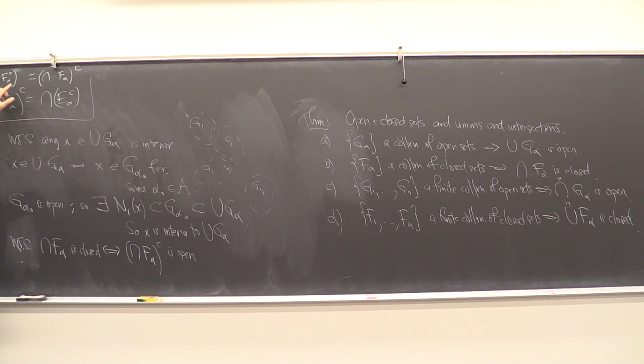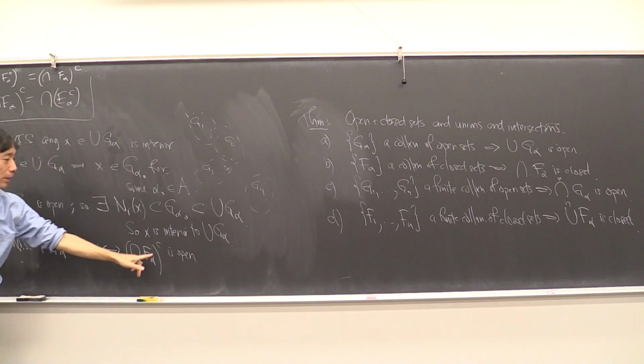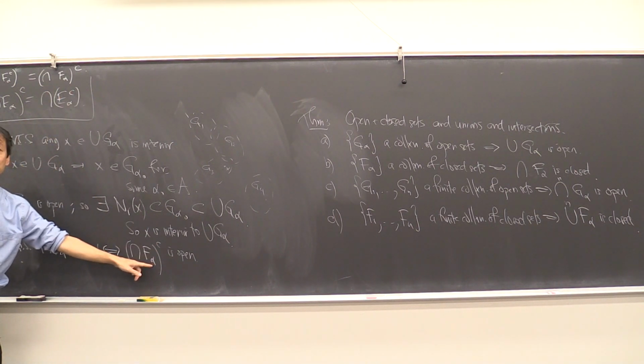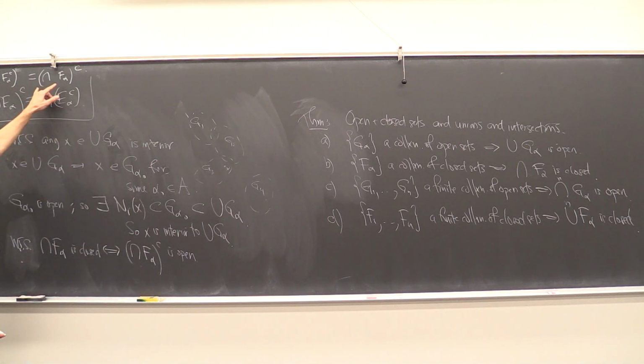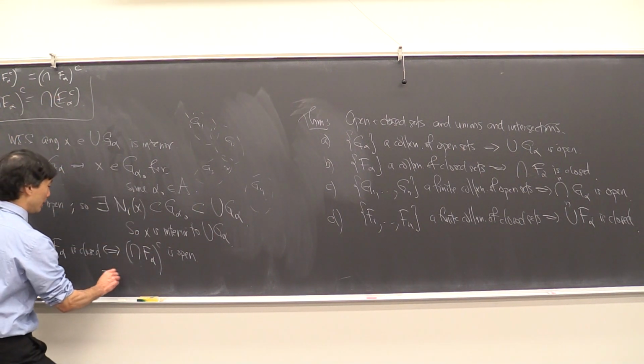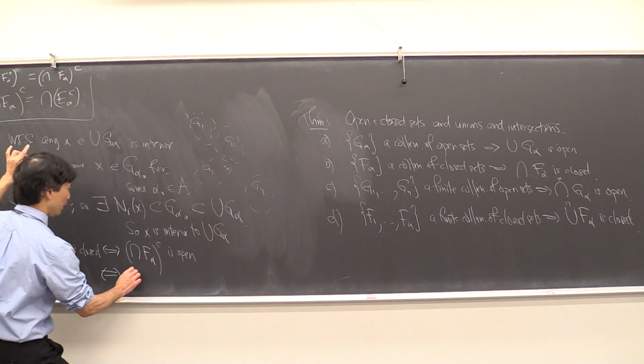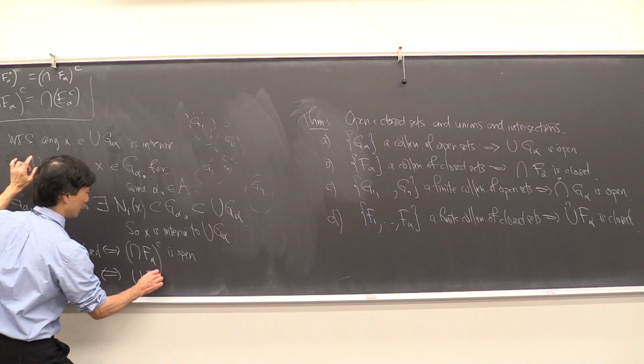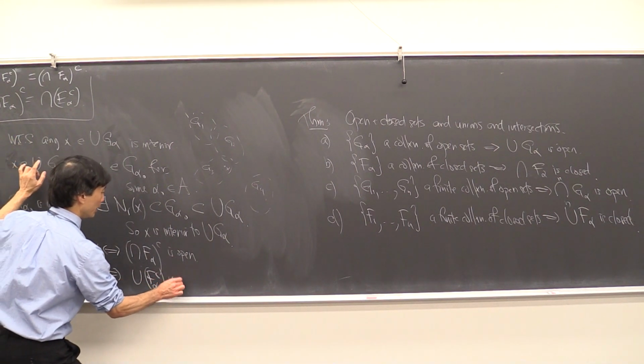Okay, take complements of both sides. So the union of the complements equals the complement of the intersection. So we want to show that this thing is open, right? We want to show that the complement of the intersection is open. Well, by DeMorgan's other law, we know that that's the same thing as showing that the union of F_A complement is open,